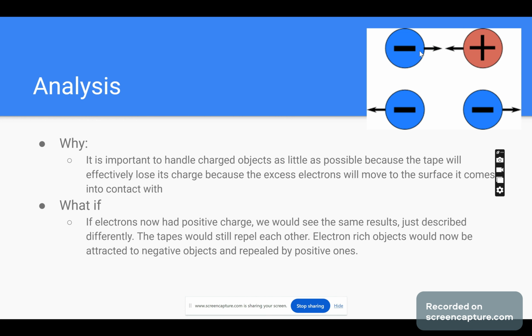And what if the electrons now had a positive charge? Would we see the same results? No, but yes. It would not lead to a numeric change in the results. All the numbers would be the same. It would just be a nomenclature change where now we consider the charge to be positive instead of negative, and it would just be a sign flip. It would not actually lead to